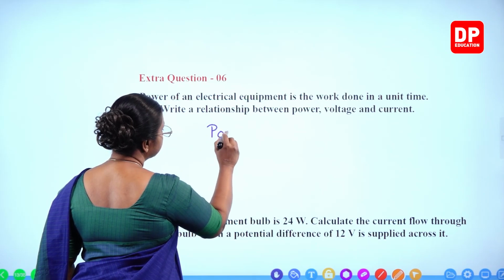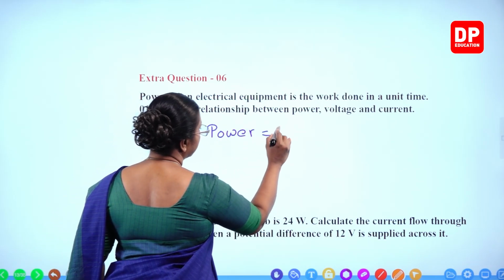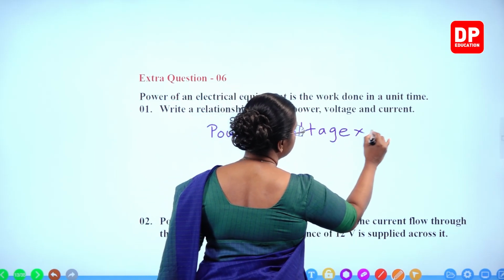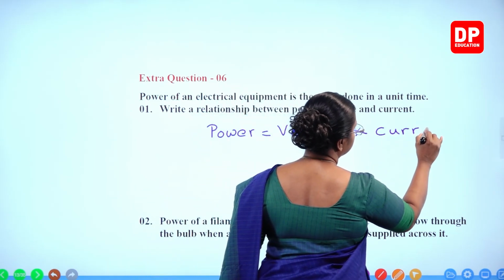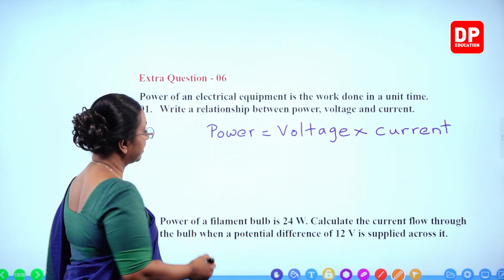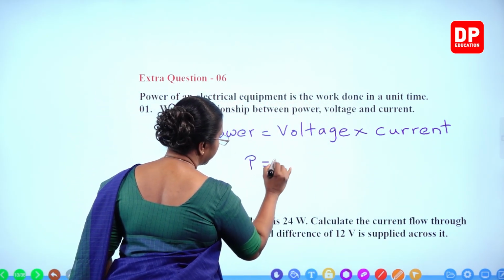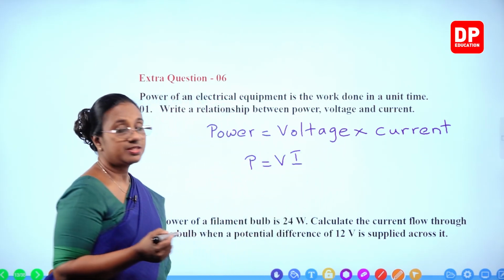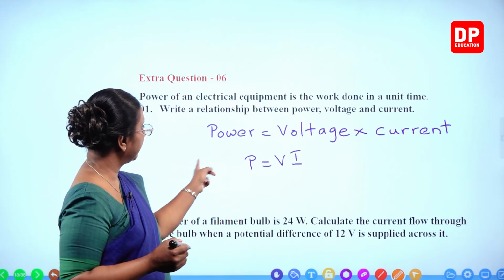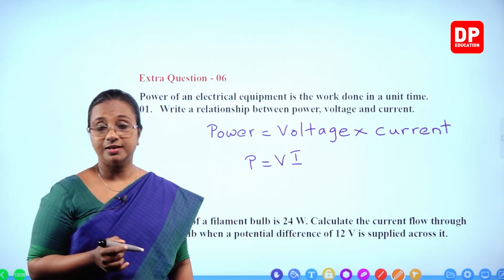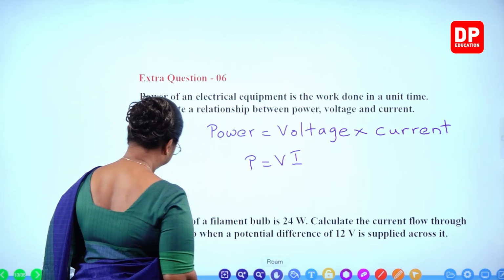Power equals voltage into current. That is the relationship between power, voltage and current, or P equals VI. That is the equation. This is the relationship. When you write it in words, you give the relationship: power equals voltage into current. Then,